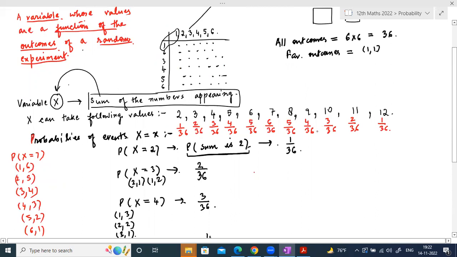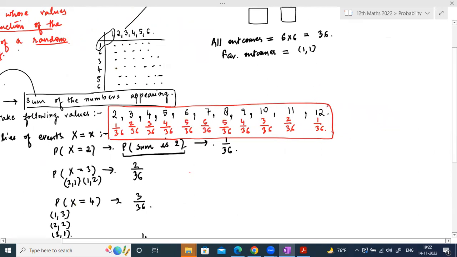So when we have listed the probabilities of this random variable, we got 11 probability values, right? And this particular table, as a result of what we have done so far, ये जो table बन गई, इस table को हम कह देते हैं probability distribution. Why are we calling it probability distribution? Because we are listing down the probabilities corresponding to each value of the random variable, right?